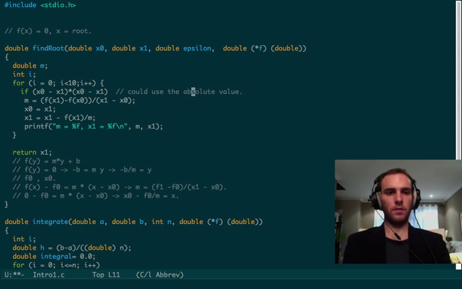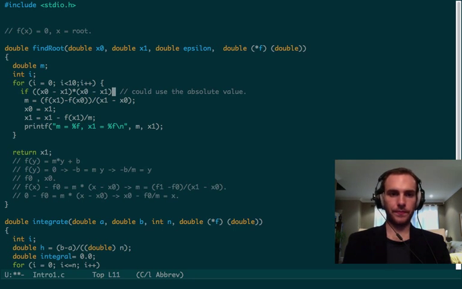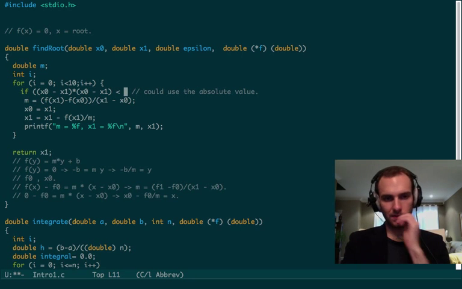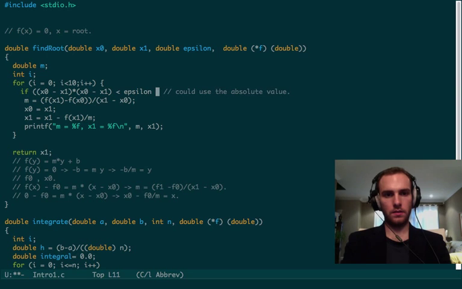We could use the absolute value instead, but now we're getting basically the square of the difference. If that is smaller than epsilon